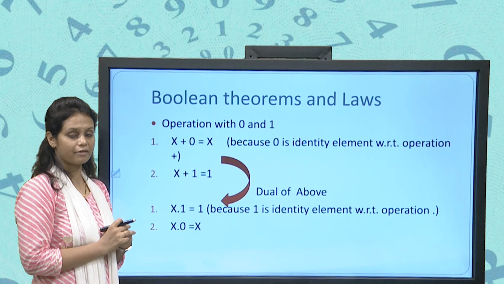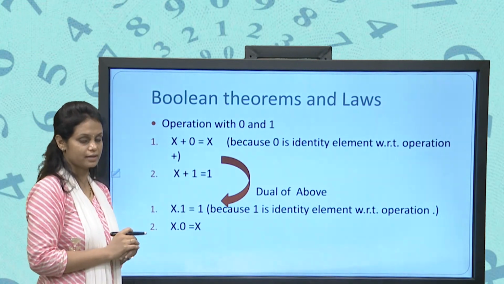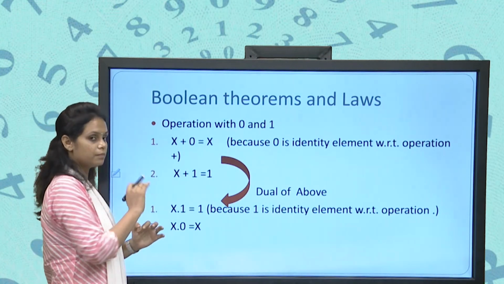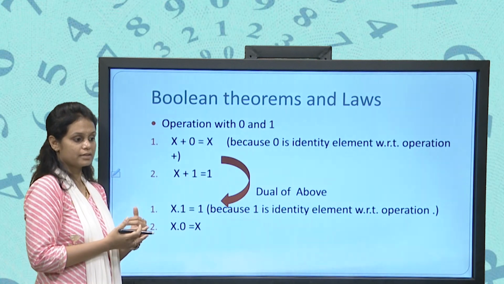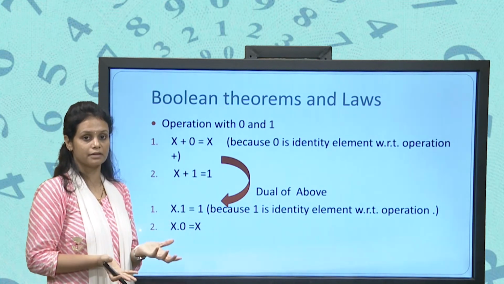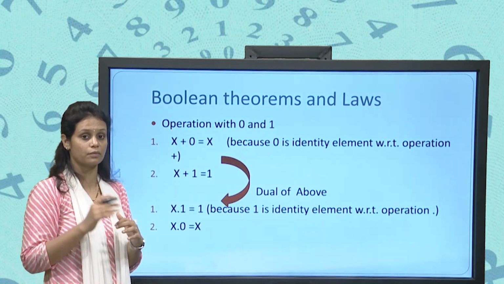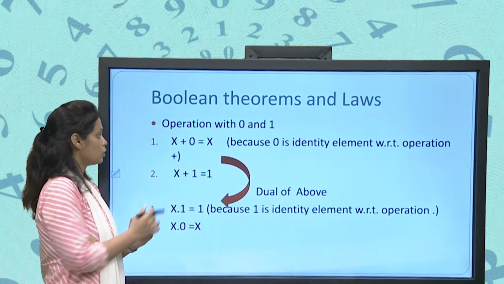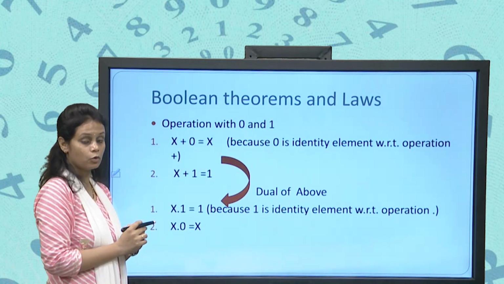So what is the output of x plus 0? What is the meaning of the 0? It is the smallest element. What is the meaning of the plus? We consider the output of the plus is always the greater element, because the output of union is always the larger. Fine. So x plus 0 equals x.